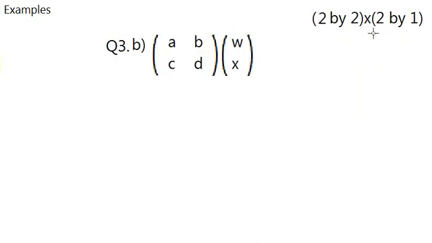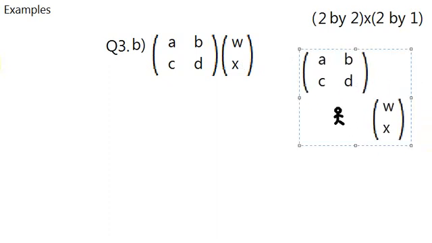So for a 2 by 2 times 2 by 1 matrix, I think the same thing still applies, does it? Go back to that diagram. I again have to move, but now I've only got 2 drawer spaces. What should I do? Well, I will do this one row by one row, just do the same thing over and over again. That would take 2 times, but it would move everything, right? So it's the same as 1 by 2 times 2 by 1. It's just you have to do it twice, and with that you'll get 2 terms,